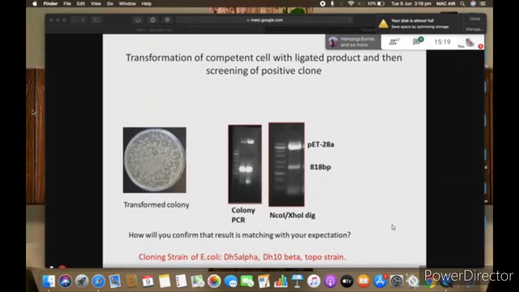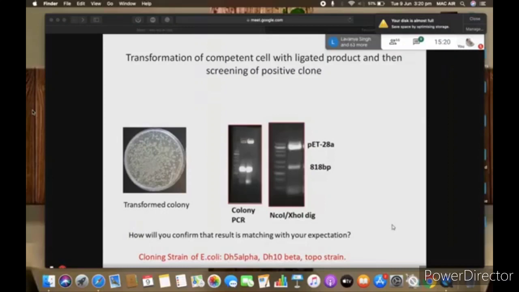This is foreign DNA, so that E. coli will cleave it. That's why we use the E. coli strain which has a compromised restriction modification system. It will easily take your foreign DNA. Otherwise, it will reject, cleave, and chew off your DNA.